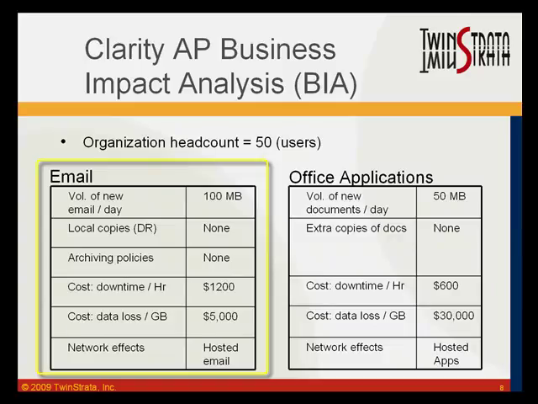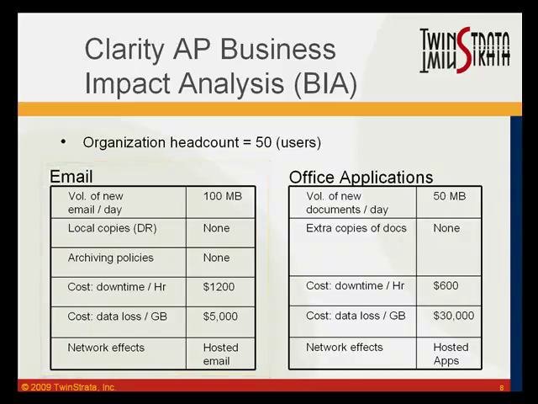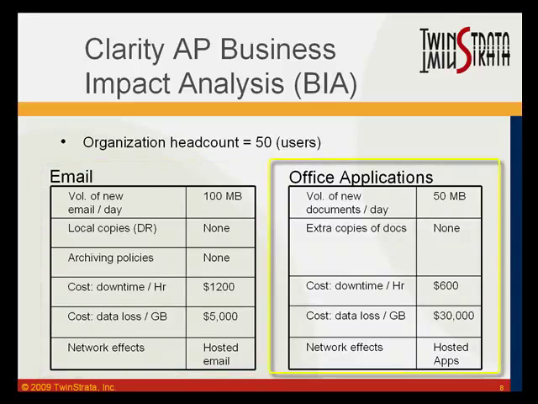For each gigabyte of email data loss, we assume a 2-hour loss of productivity for all employees to recover lost data. And finally, we assume that an external network outage will result in loss of connectivity for employees to the email server for a hosted email and add that risk into our hosted email model.